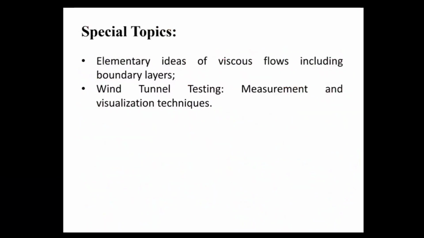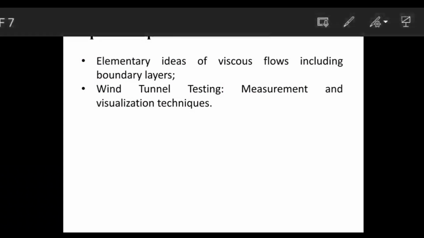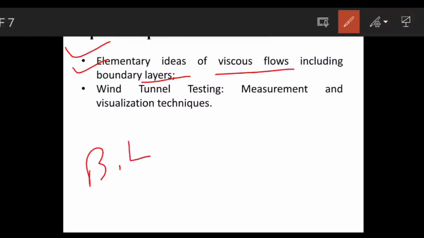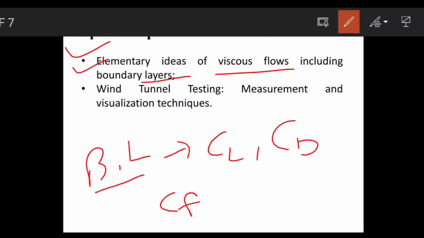So now see the special topic. What's the special topic here? That is elementary idea of viscous flow including the boundary layer. Same boundary layer, there is no need to go very deeply. Boundary layer is related to coefficient of lift and coefficient of drag, and also coefficient of friction. That's it. Only go for viscous flow, see the relation of CL and CD in terms of Reynolds